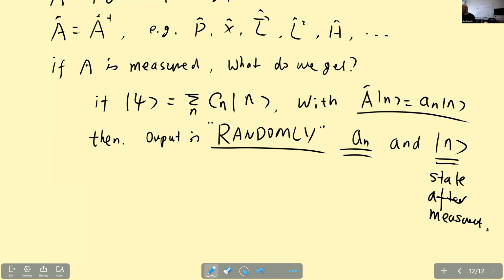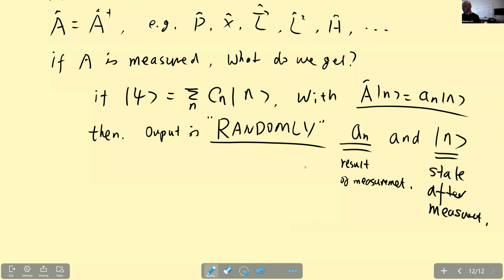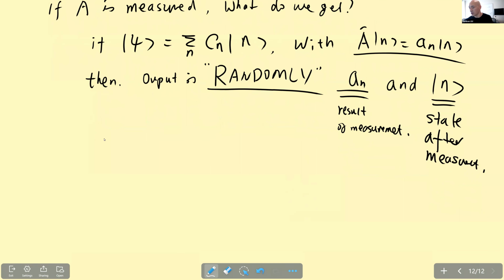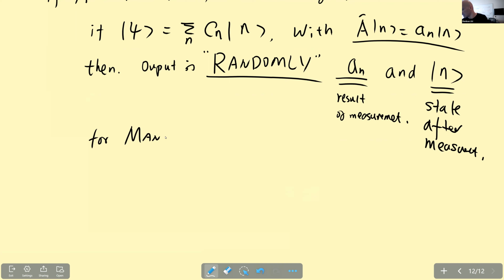This is the measurement result. And it's random, so for many identical copies of psi on which the measurement is done,